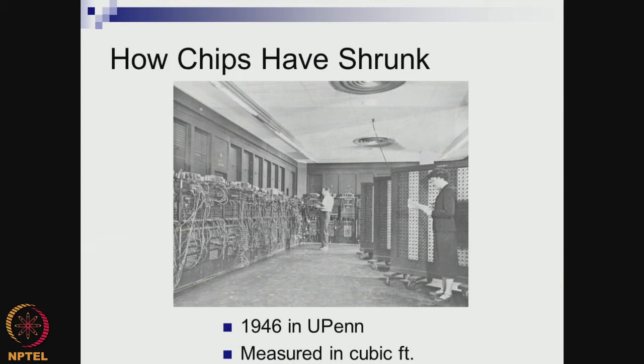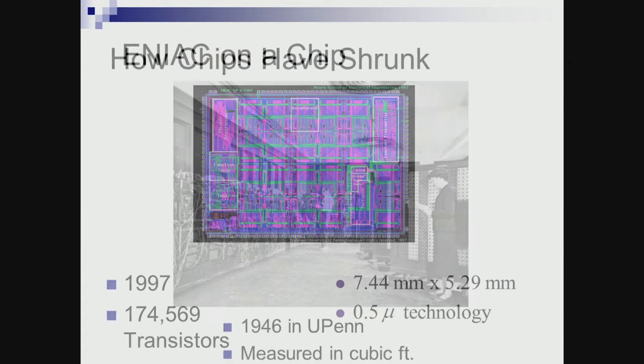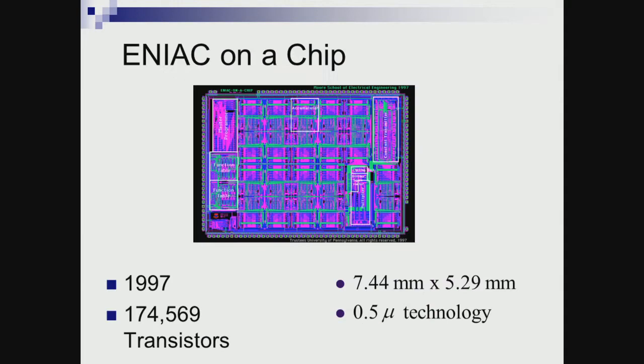This is the computer made in 1946 at the University of Pennsylvania, which is measured in cubic feet, and this was not bigger than today's glorified calculator. The functionality that this could execute was very close to what today's calculator can do. This was basically called the ENIAC. It had